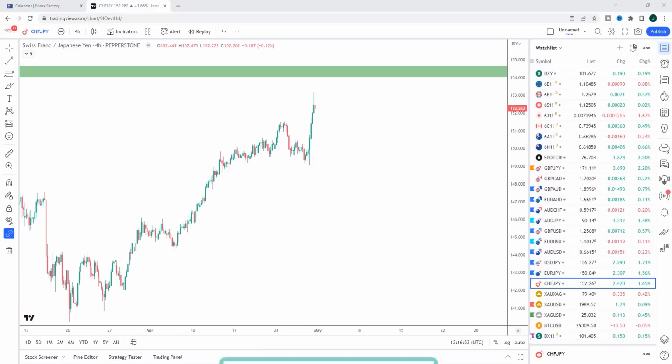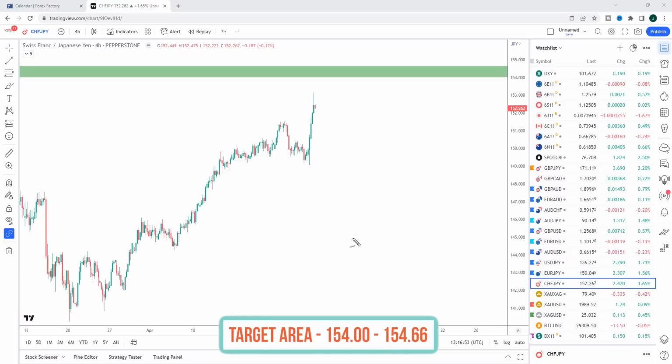And the final pair here is franc yen. Now, the good thing about franc yen is we don't have the risk event associated with some of these other markets. However, the Swiss franc is peaking in the scorecards, but the yen is such a good short, in my opinion, over the next couple of weeks that we may still see the Swiss franc outperforming, even if it does correct off the highs somewhat. So we have this strong momentum. Any pullback, I'm looking for this to form a bull flag.